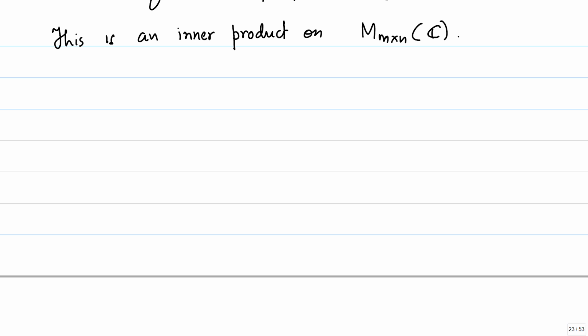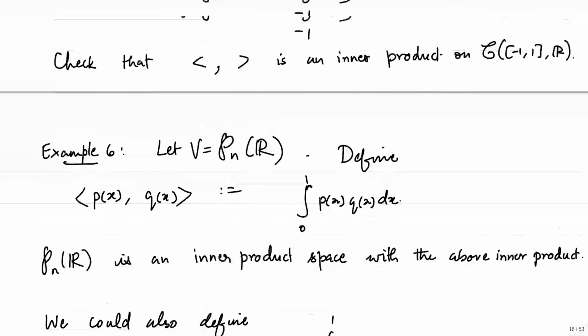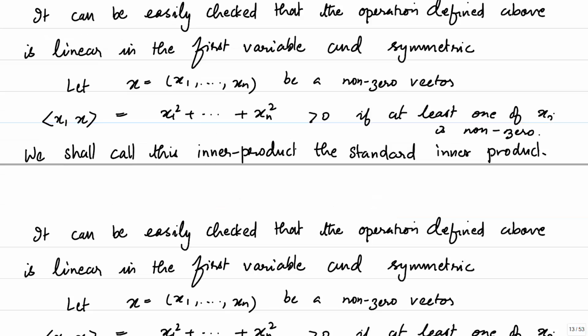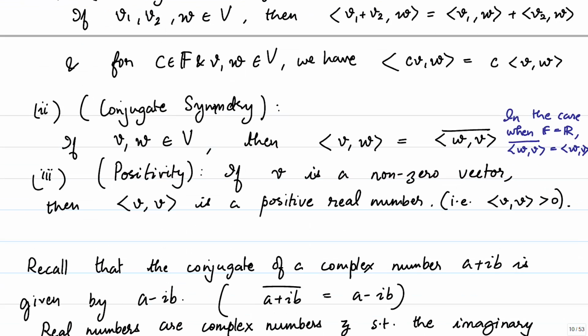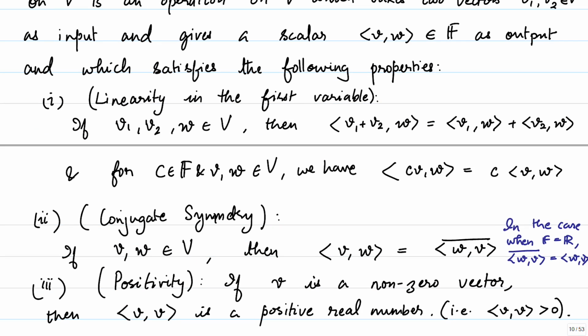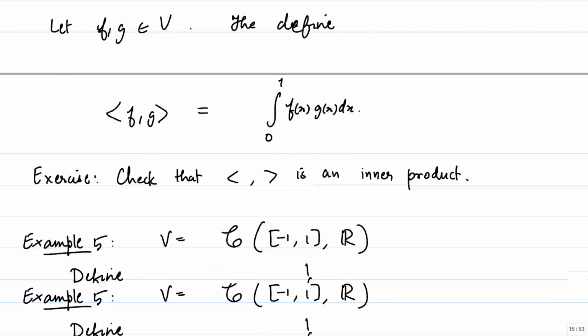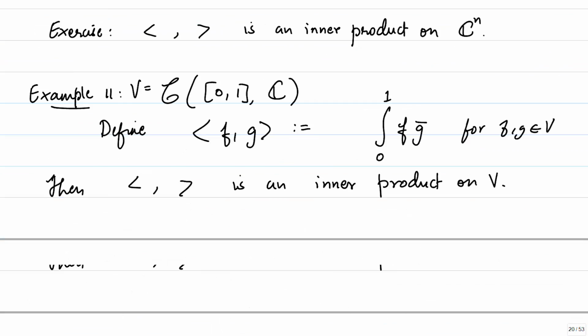Alright, so let's look at a couple of propositions before we conclude. As you can see in the definition, if you go back, where are the properties? The properties are here. We are only demanding linearity in the first variable. Why have we not demanded linearity in the second variable? The linearity in the second variable is actually not linear, it's conjugate linear. So, let us see.